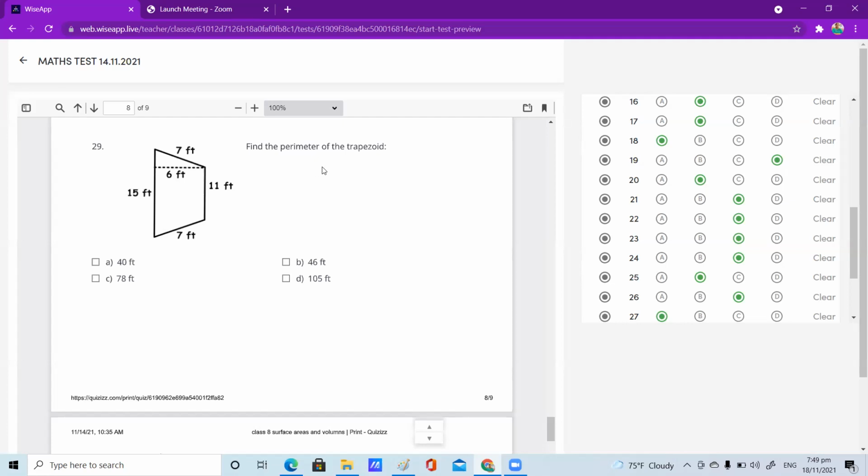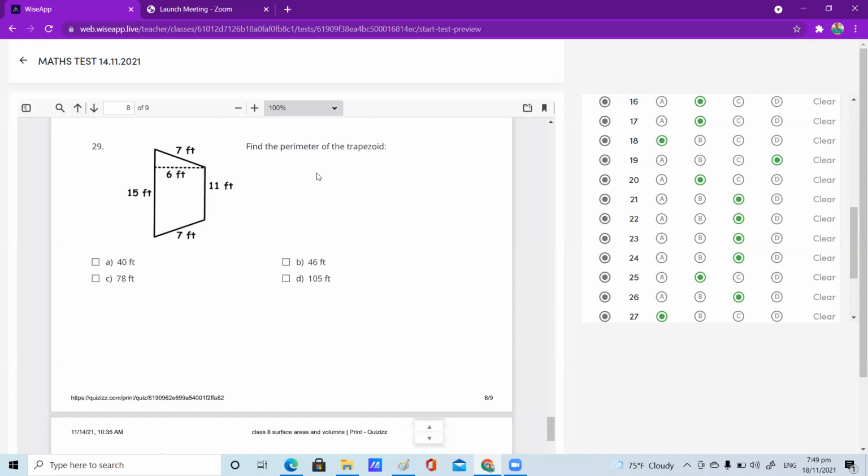Find out, ma'am. Half into plus 11, which is 26 by 2, 13. 13 into 6. This is an isosceles trapezium, right? Isosceles trapezium is simpler, children. You can go with more and more simple. Whatever the trapezium formula is, sum of parallel sides multiplied with height by 2. Here, ma'am, why did they give 7 feet? Why 7 feet? They will give some extra information in the figure, children.